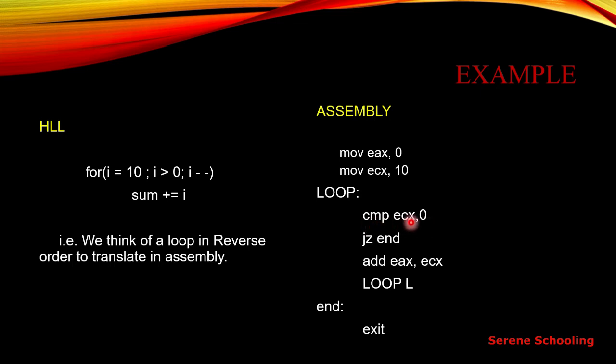Why am I doing this compare? Because here you can see, is this I greater than 0? This is a sort of comparison. I'm comparing I with 0, that if it is greater than 0, then of course this is going to execute. But if my instruction is out of this particular range, if it goes negative or anything like that, then this particular instruction is not going to execute. Just in this particular range the instruction can execute, right?